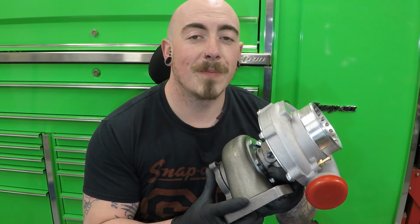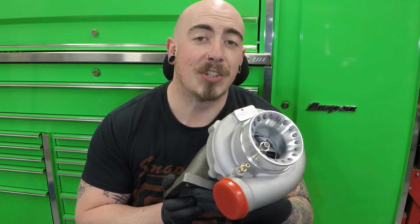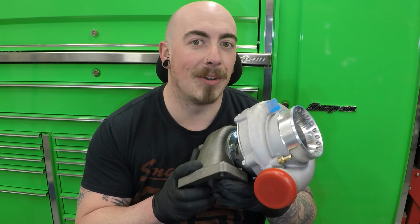Today is the day where I'm finally going to put a turbo on the car. You're probably all wondering what turbo I've picked. Probably picked a TD04 like all other Mazdas do. Wrong. This is a GT3582 anti-surge turbo. Yes, it's a cheap turbo, but it's from Germany, so it should last a little bit longer,